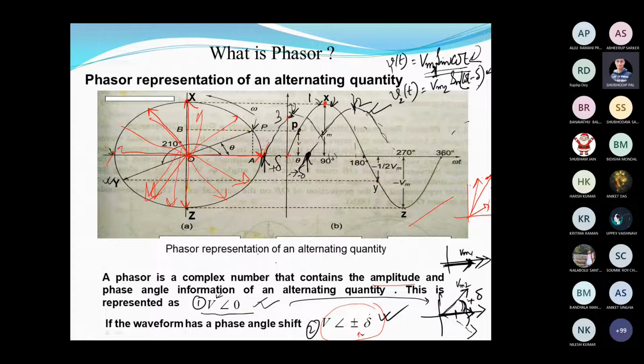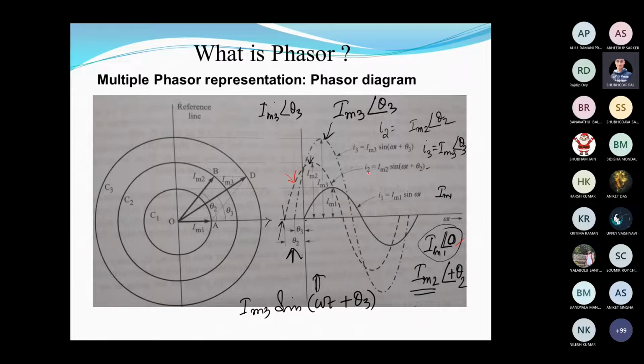But you can see this one, it is actually positive. It is showing theta 2. So theta 2 means I2, that's why it is written as positive, sine omega t plus theta 2. At t equal to 0, when it is starting, it has a positive phase. So this is leading with respect to this one. Similarly, this one is lagging with respect to this one, right?